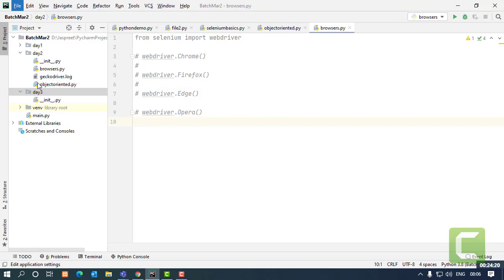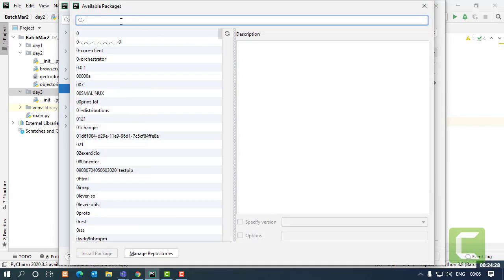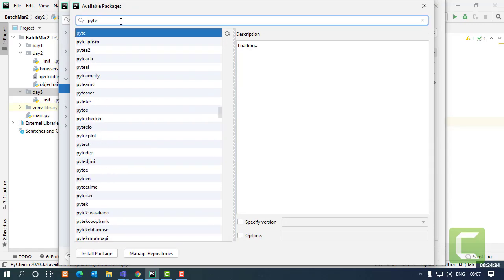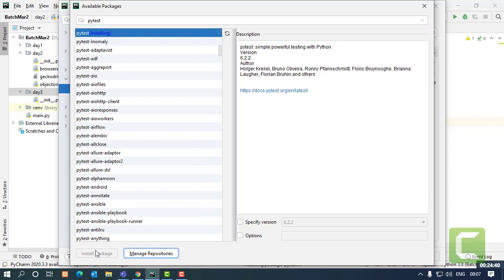So I'll go to File, Settings, Project Name and Project Interpreter. From here, click plus, the same steps we followed while importing Selenium into our project, the same steps you have to follow. Look for PyTest and install that particular package.